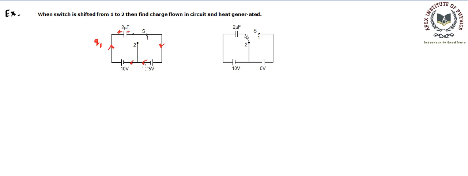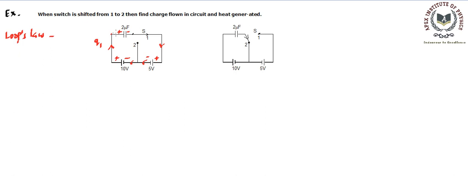Now these are the two batteries we are having, right? Batteries have their own fixed polarities, so this is how we can assign the signs on these batteries, and this is the sign on the capacitor. Now we can go for the loop law for this particular case. As per Kirchhoff's loop law, we will get one equation for this.